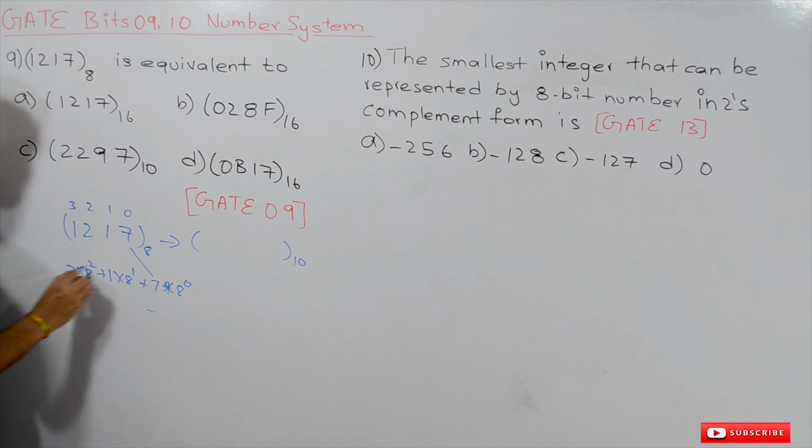So how to convert this number to base 2? Because 8 is 2 power 3, we write the binary equivalent of each and every digit in 3-bit combinations. The binary equivalent of 7 in 3 bits is 111, similarly 1 is 001, 2 is 010, and 1 is 001. This is the base 2 representation of this number, and now we have to convert it to base 16.